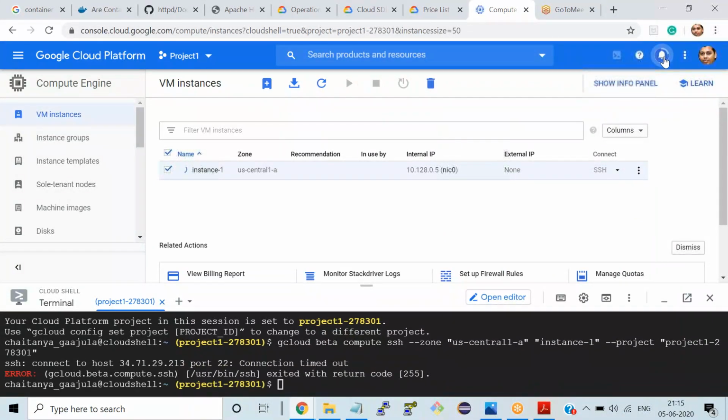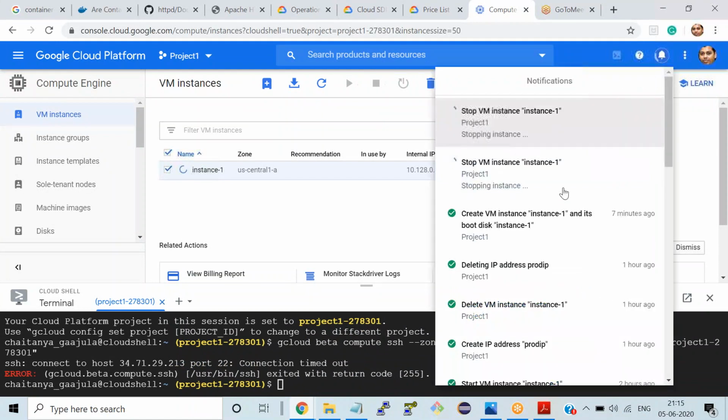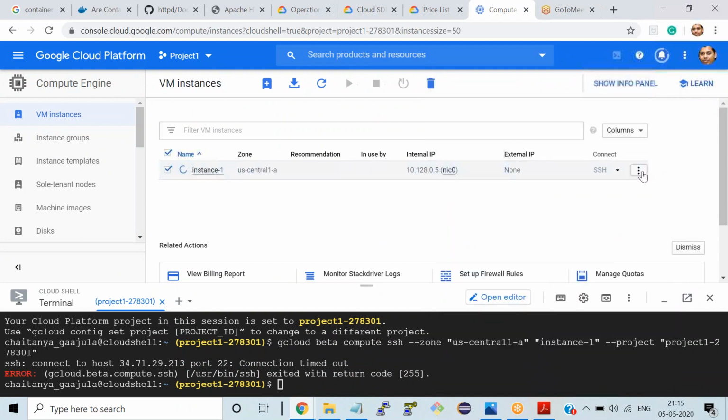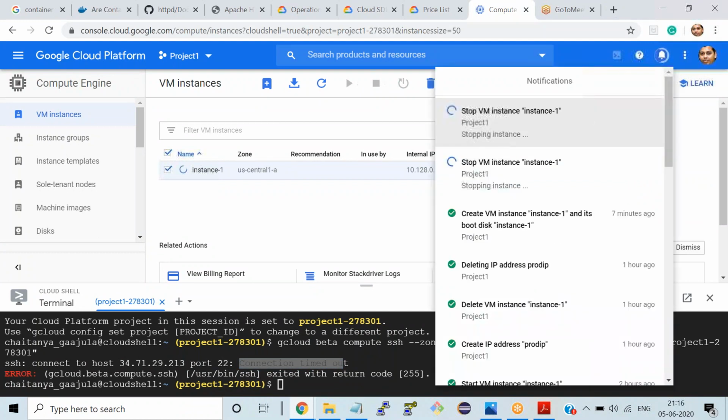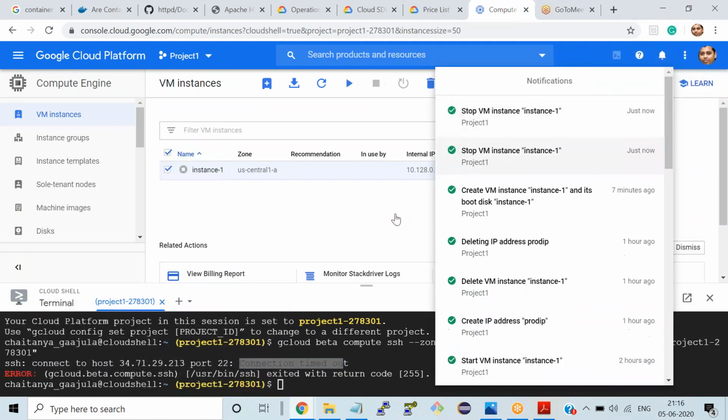Yes, team, this is all about the demo of your VMs. So you can stop, delete, all these things you can do. And once you're done, you just need to go ahead and delete. So you're unable to log in because the connection timed out. It is still stopping, lost the connection. So wait for some time and then you need to